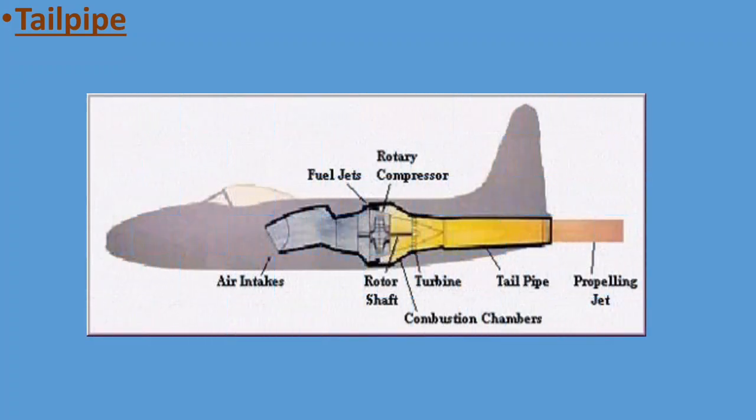Tailpipe. A tailpipe is an extension of the exhaust section that directs the gas safely from the exhaust cone to the exhaust or jet nozzle. A tailpipe reduces engine operating efficiency due to heat and duct frictional losses. Tailpipes are used almost exclusively with engines installed within a fuselage, in which case the tailpipe protects the surrounding airframe.